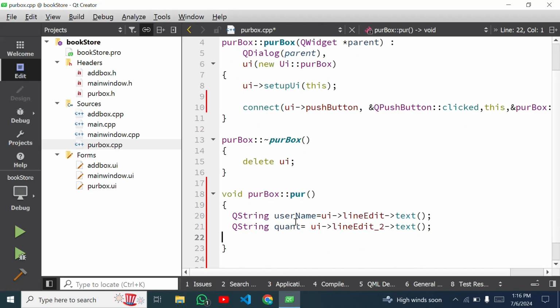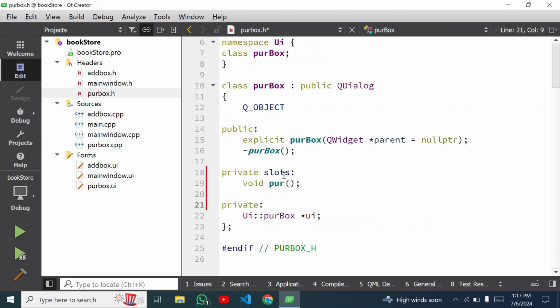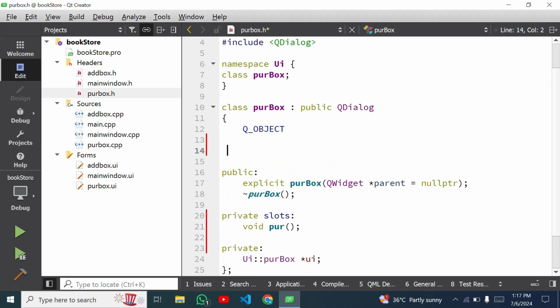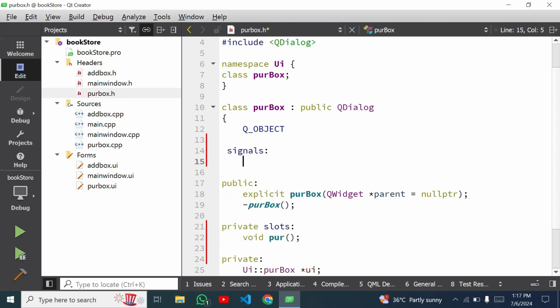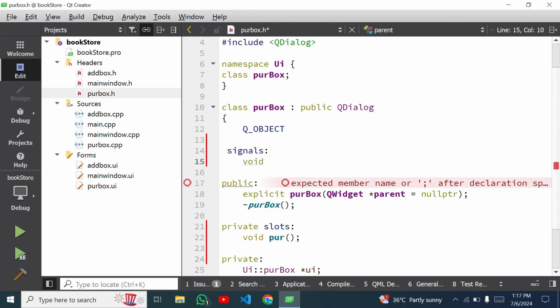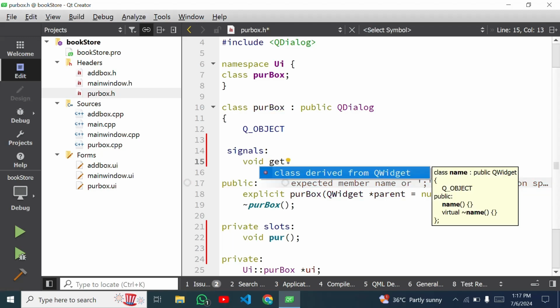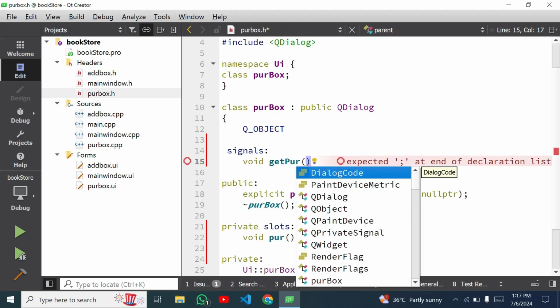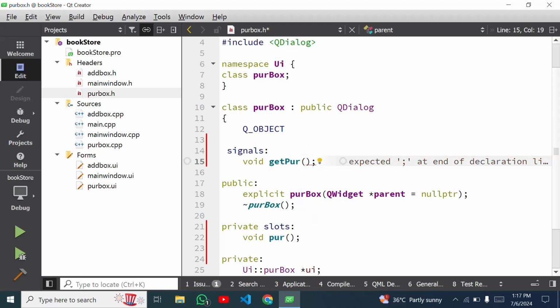So first we have to define a signal in our PurchaseBox.h. So here I have to define a new portion right here. Okay, so this is signal. Sorry, here I have to define signals. Okay, and then I can give any name to my signal, but its return type is void, and then name of signal is onPurchase or getPurchase. Okay, getPurchase or getQuantity, you can say anything, and then I have to use semicolon, but